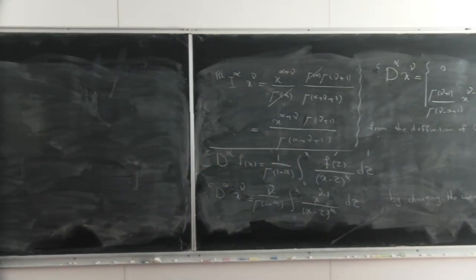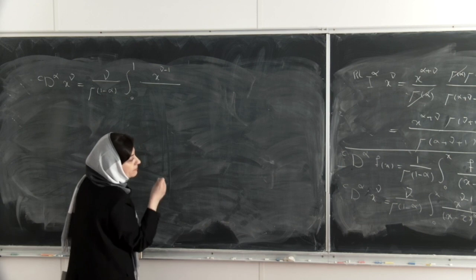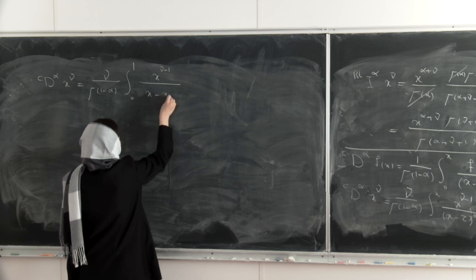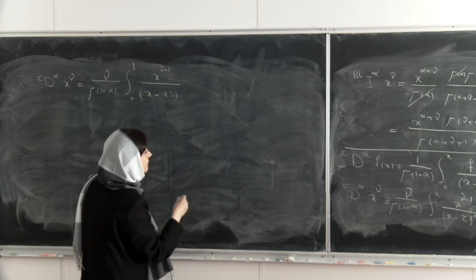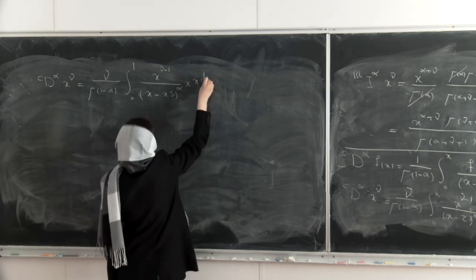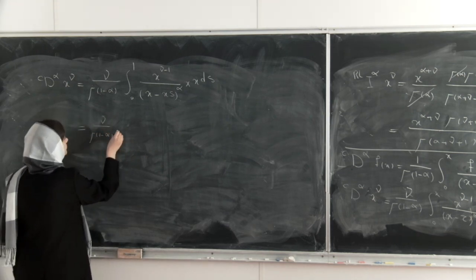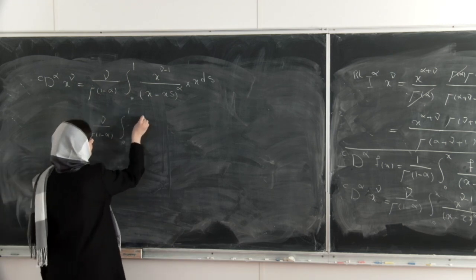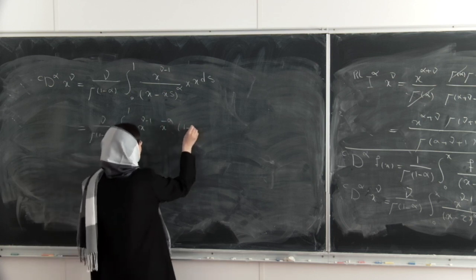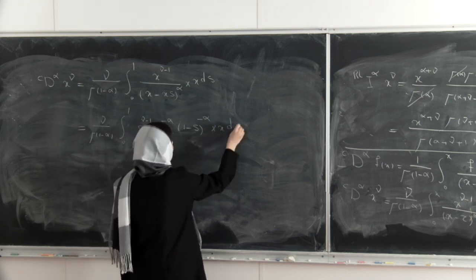Integral 0 to 1, x to the nu minus 1 divided by x minus xs to the alpha times x ds, and we can write it